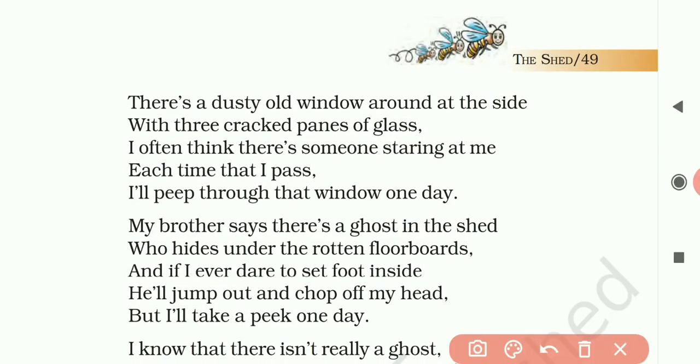There's a dusty old window around the side with 3 cracked panes of glass. I often think there's someone staring at me each time that I pass. I will peep through that window one day. Okay, dear children, here again the poet is trying to describe the physical appearance, the physical look of that